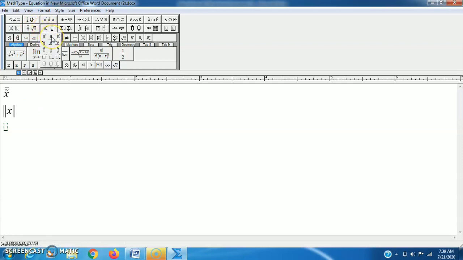If you want to type something in subscript, suppose I want to write x1, then I just choose it from here. I click x1 plus I want to write x2. Once again I will choose it from here. Suppose I want to write x1 square, then I have to choose this.